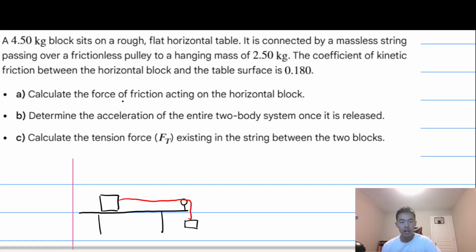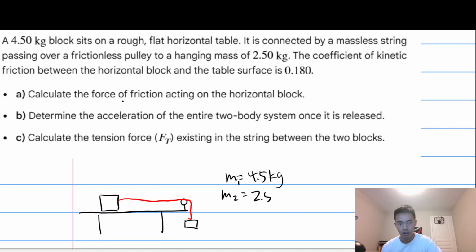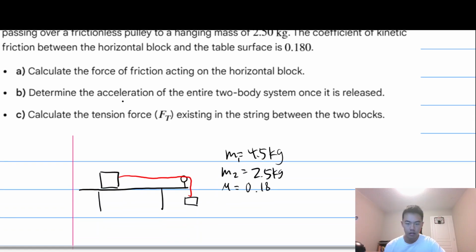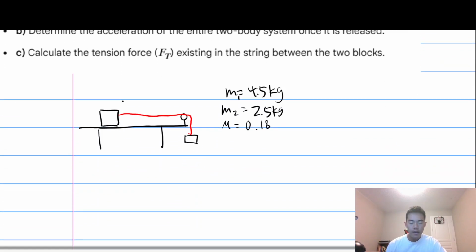So the 4.5 kilogram block, mass 1, is equal to 4.5 kilograms. Mass 2, which is the hanging mass, is equal to 2.5 kilograms. And our mu is equal to 0.18. And first, to find the friction, we need to find the normal force, which is equal to gravitational force. So normal force is equal to mg, which is equal to